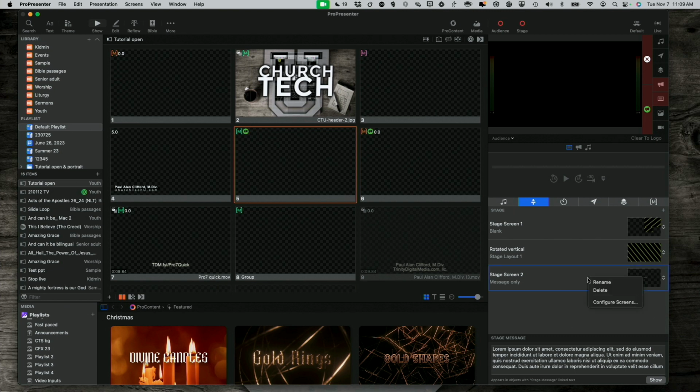Very helpful thing. I can also right-click and delete that if I want to, or rename it. So I just basically have all that control from right here within this stage screen area. So helpful thing if you have a new screen or you've got one that's not showing up for whatever reason, maybe the computer got unplugged, because you can do all that from this area as opposed to,